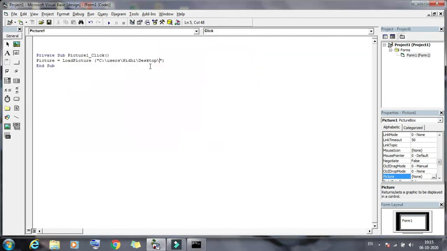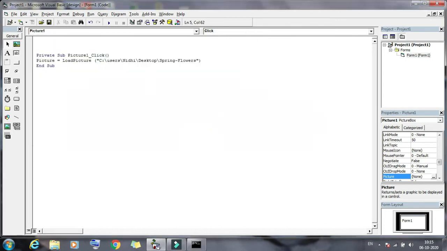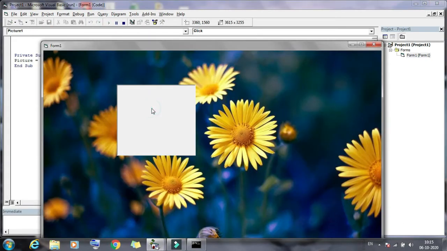Here we will write spring flowers dot jpg, and then we will run this command. Click this picture box, so the picture will be inserted. So this is the method for inserting a picture by using the command box.